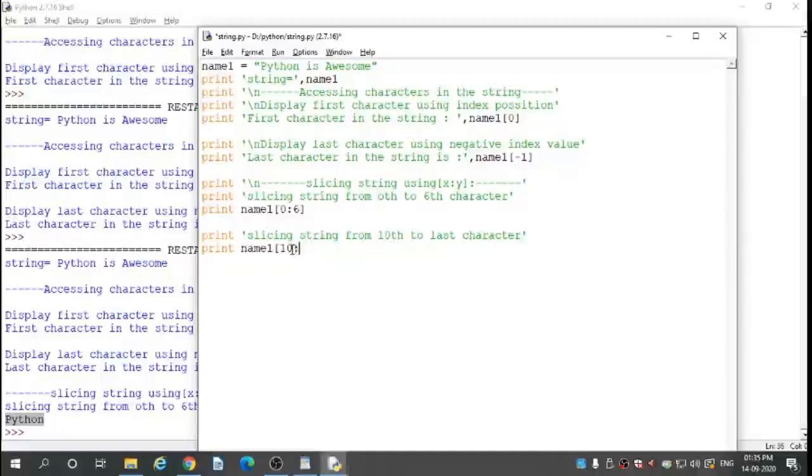Here we take the 10th character to the last character. I don't know which is the last character, so we start from the 10th character and go to the end. Square bracket completed. Save this code. I run the code.